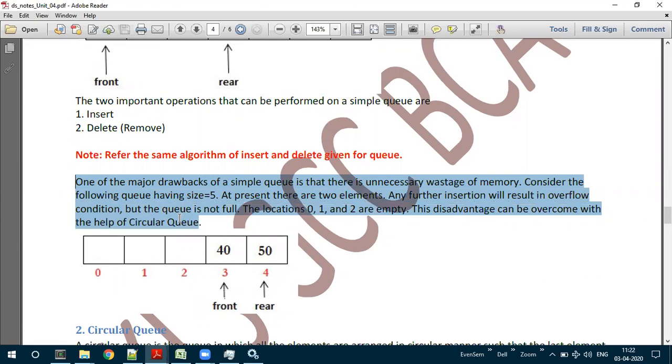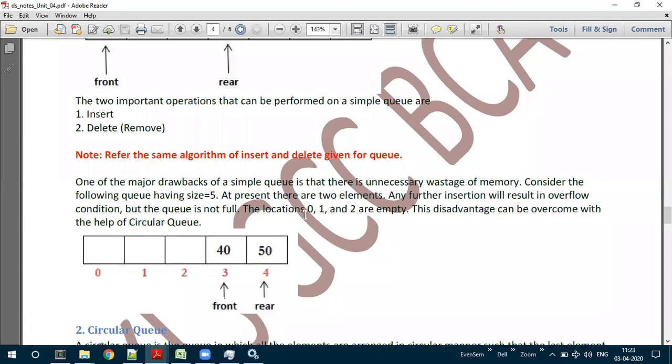You can just refer to this particular paragraph. One major drawback of a simple queue is that there is unnecessary wastage of memory. Consider the following queue having size as 5. At present, there are 2 elements. Any further insertion will result in overflow condition. But the queue is not full.